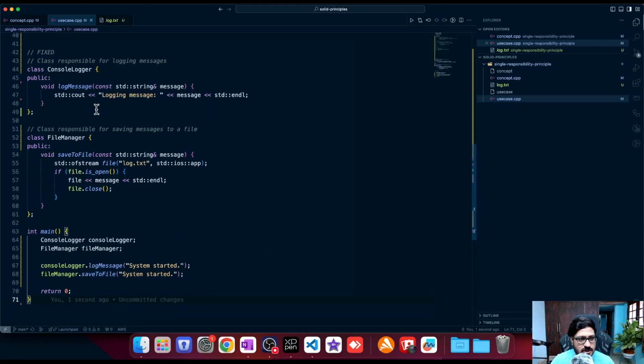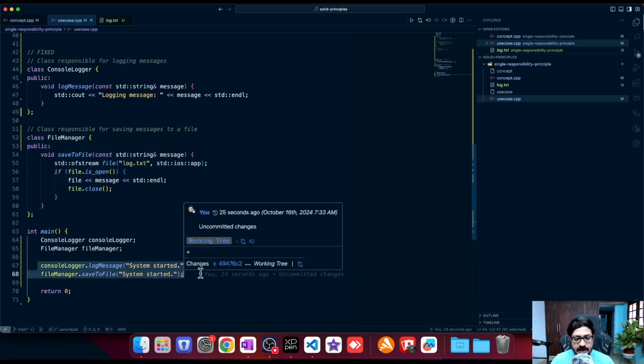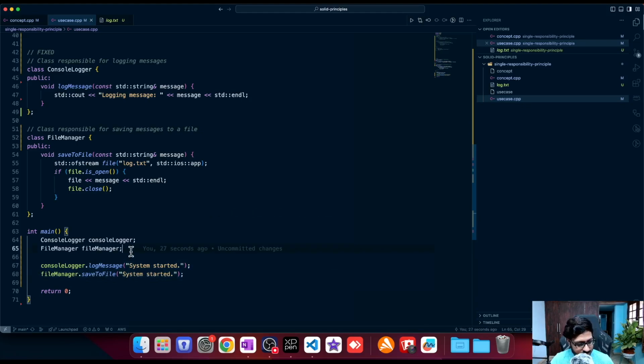Now let's have a look at this code. We have a separate class called console logger, which has one method log message, which will just cout to the console. And we have another class called file manager, which will have one method save to file, right? Now I can have individual logger objects and they will do different things and they are independent of each other now. Now if I run this code,